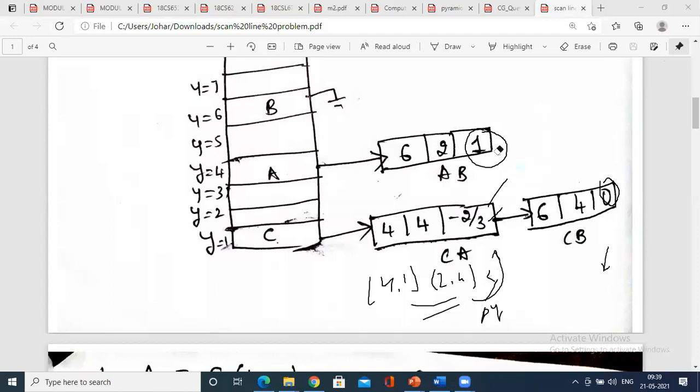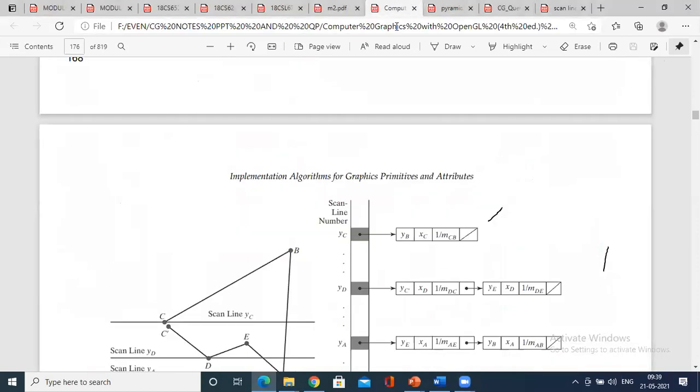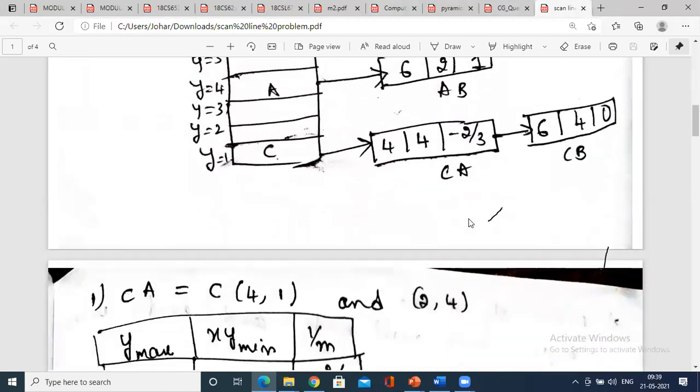Now coming to the concept of active edge table. In fact, I forgot it. As you have seen here yesterday also, we have to write down the slope value, that is 1 by m of CB. That is, first we calculate the slope and reverse it. Okay, in the third category of the global edge table. So now we'll continue. Now what you have to do is build the active edge table.